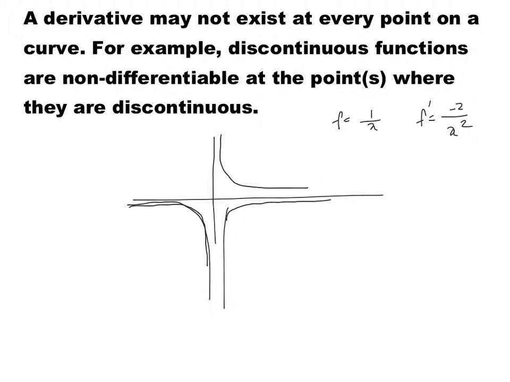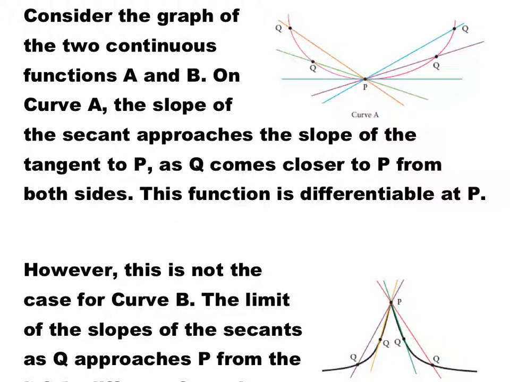This tells us that discontinuous functions are not differentiable at points where there is a discontinuity. At x equal to 0 for this function, there was a discontinuity, and also the derivative at x equal to 0 is discontinuous. Another point that you have to remember is that previously we said that if a function f of x is discontinuous at a point, the derivative is also discontinuous at that point. This doesn't mean that continuous functions are always